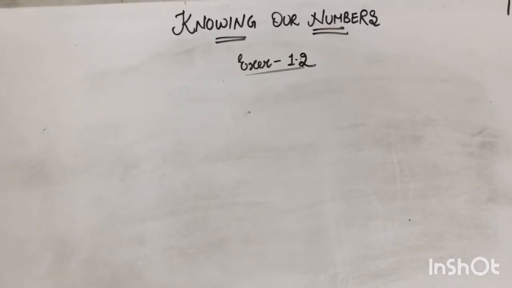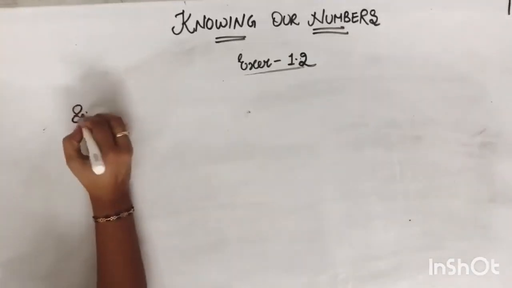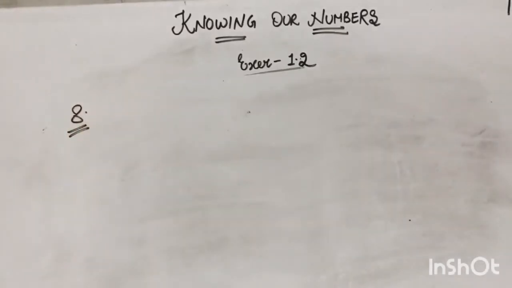Eighth question. A student multiplied 7,236 by 65 instead of multiplying by 56. So how much was his answer greater than the correct answer? So in this question you don't have to calculate both the products. We'll use brackets to solve this question.